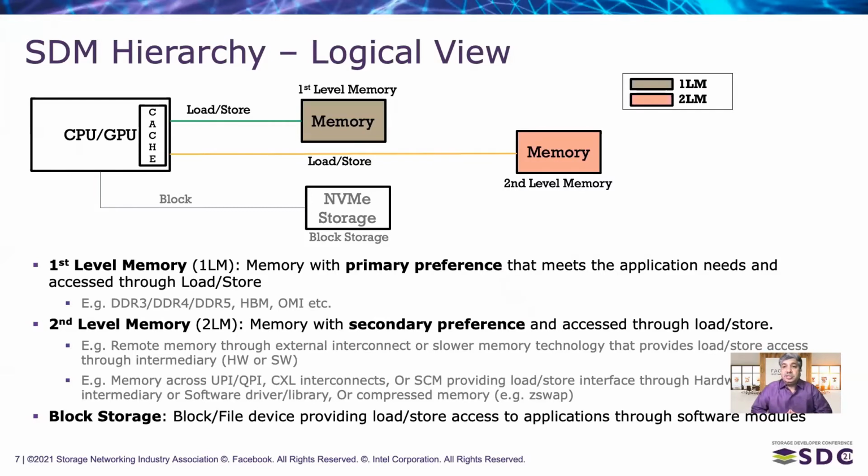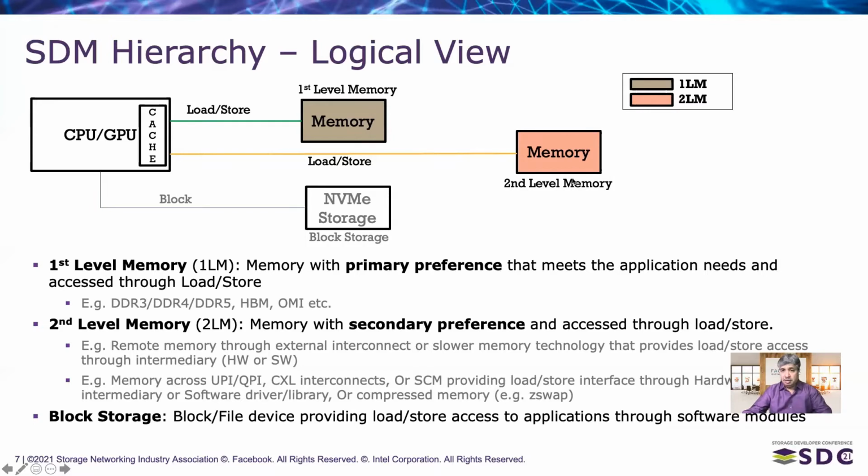So please allow me to establish the nomenclature for various system blocks in such a hierarchy. Now the system may be focused on a CPU or a GPU or accelerator that needs additional memory for performance or capacity needs. The first level memory is something that is connected natively to the processing unit and remains the primary preference for application placement. Type of memory and interconnects are going to vary too, covering from the DDR family, DDR3, 4, 5, or high performance memories that are connected through those buses, for example, HBM, etc. So these are all going to be first level memory.